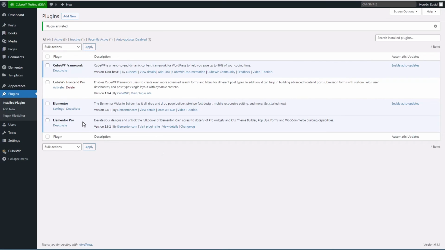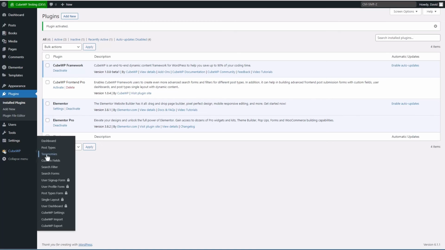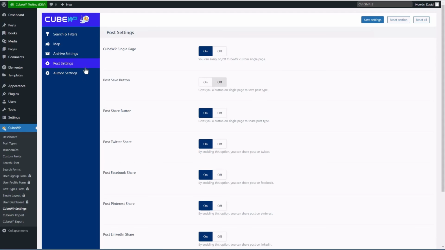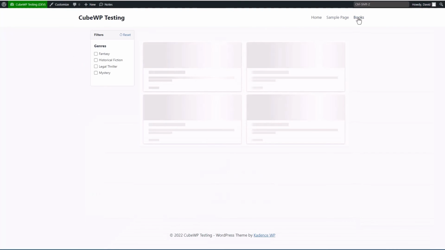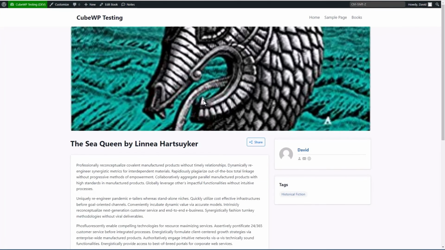And one thing that unfortunately happens when we activate Elementor Pro is if we go now and look at our settings options under post settings, see we lose that ability to pick a page as our template for the custom post type. If we go to the front end of the site and go to a book single, you see we're back to this.